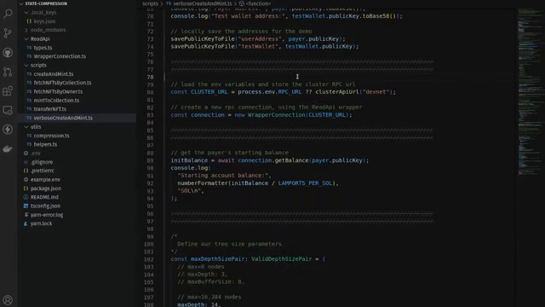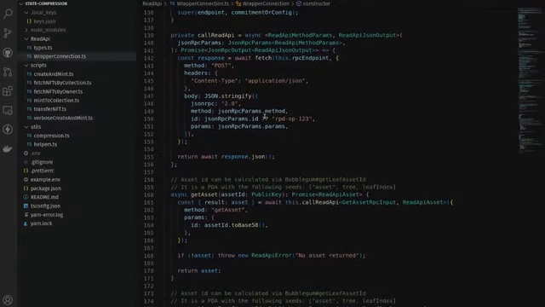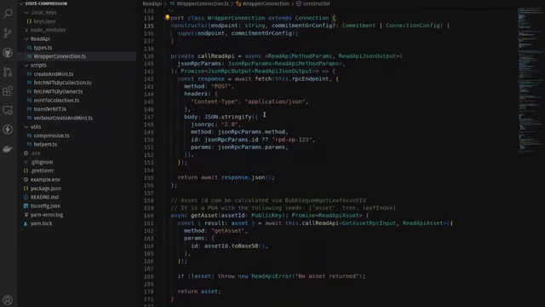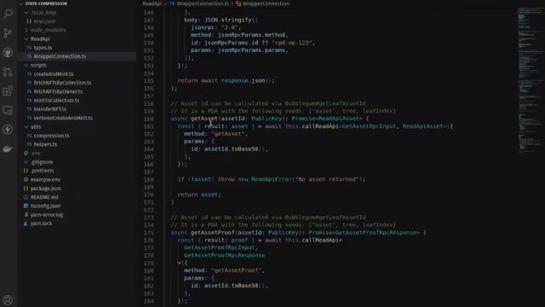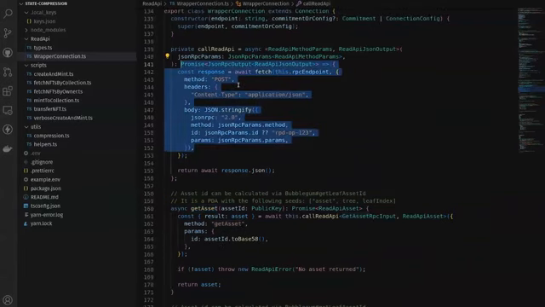Next, we're actually creating our connection to the cluster. In my case, I'm using an environment variable called RPC URL that's storing the endpoint to an RPC provider that supports the custom RPC endpoints. And I'm actually using a custom wrapper connection class that's stored within this repo to make it a little bit easier to make all of these additional RPC calls. Basically, this is just a wrapper class built on top of the normal Web3.js connection class that adds additional method endpoints that I can easily call. But under the hood, these are all just post requests to the RPC provider that support these custom RPC endpoints